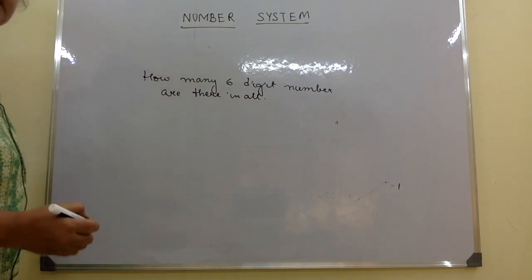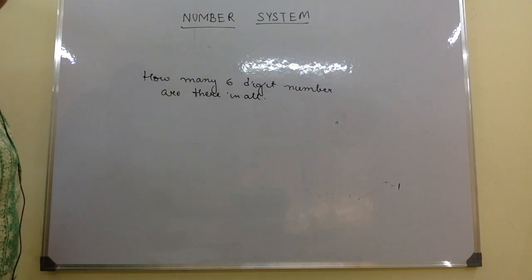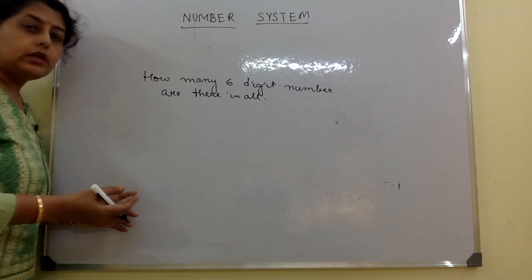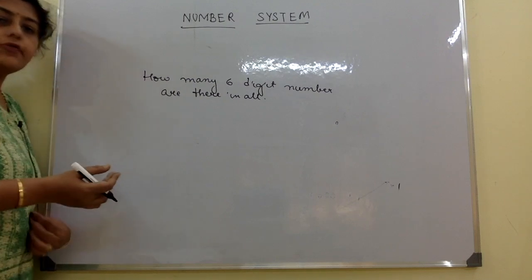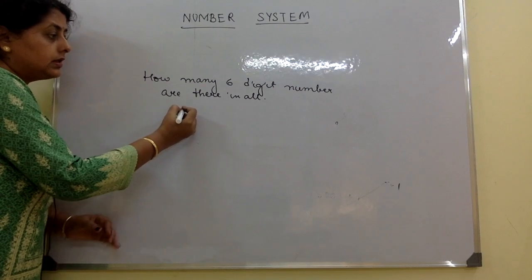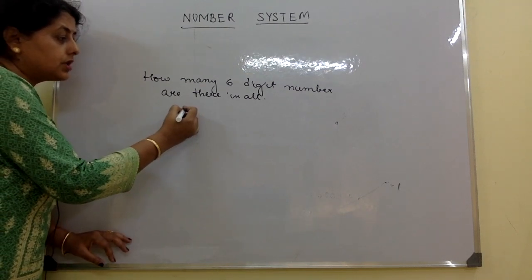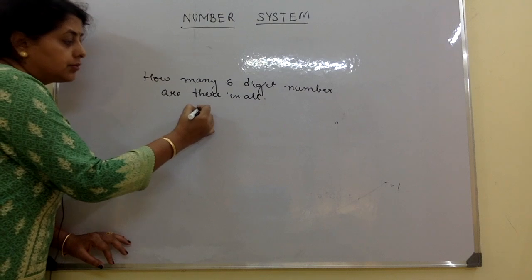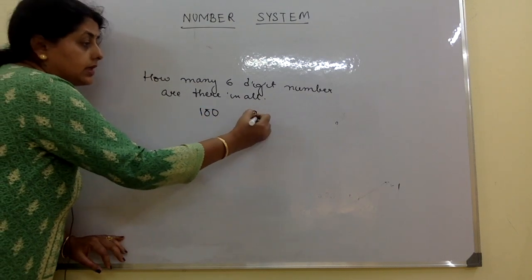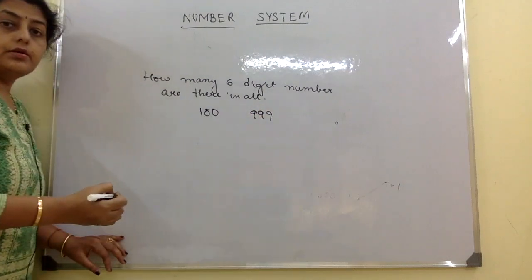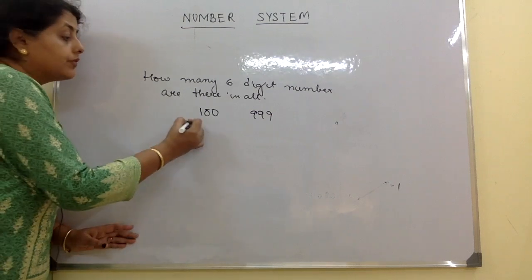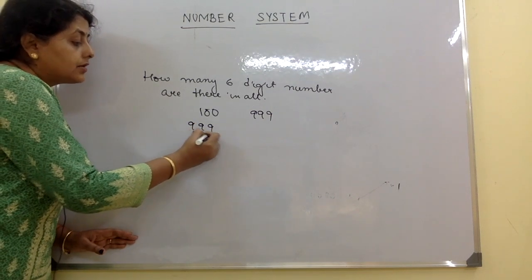Okay, how many 6-digit numbers are there in all? Now what does it mean? Let's say the 3-digit numbers start from 100, right? And the largest 3-digit number is 999. So if we want to find how many 3-digit numbers are there, we will subtract 999 minus 100,